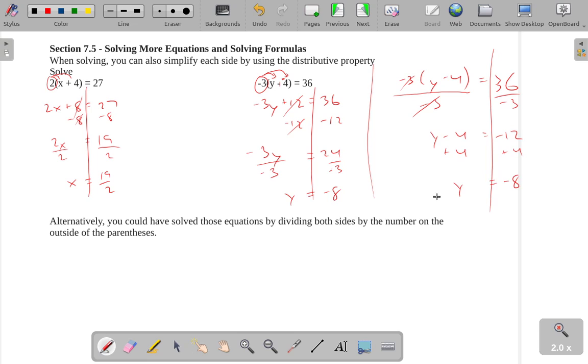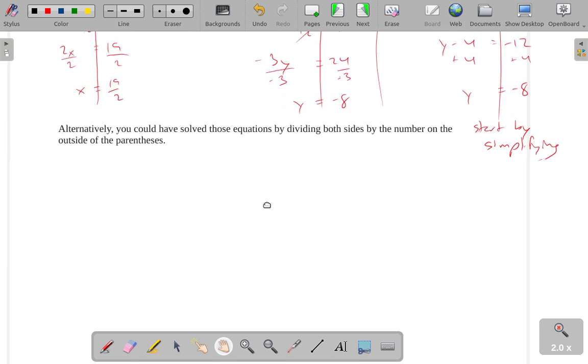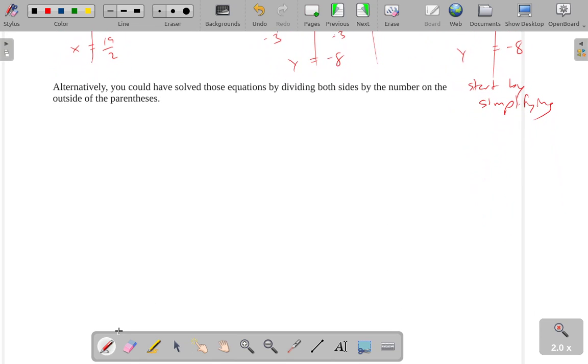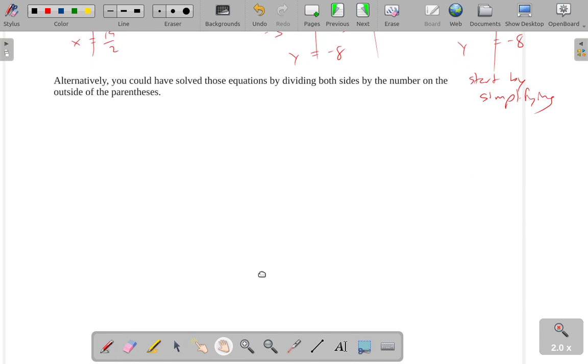This is probably a little bit more difficult for you, though, because there's this weirdness with the parentheses and the fraction. So, in general, my recommendation is when you're solving an equation, start by simplifying. There are many different ways that equations can be solved. I'm trying to give you the easiest way to do it. Alright. So, yep,